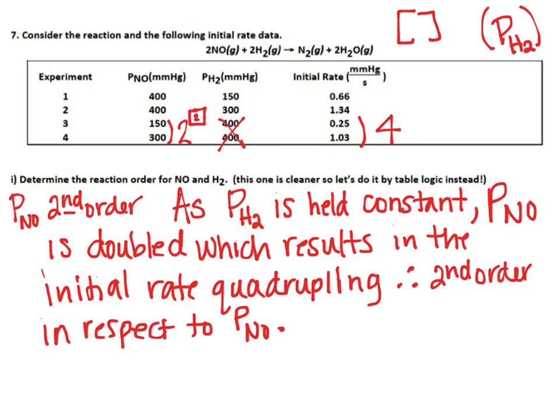So now we have P of NO. Now let's look at H2. So we have to pick an experiment where NO is held constant and H2 changes. And that would be 1 and 2. So what happens as I go from 1 to 2? What happens to the pressure of H2? It doubles. When that happens, what happens to the initial rate? It doubles. So what does that exponent have to be? A 1. So this is first order